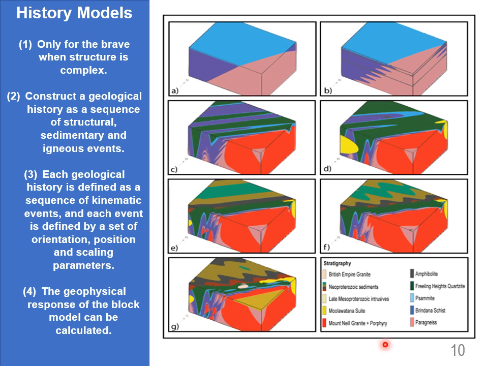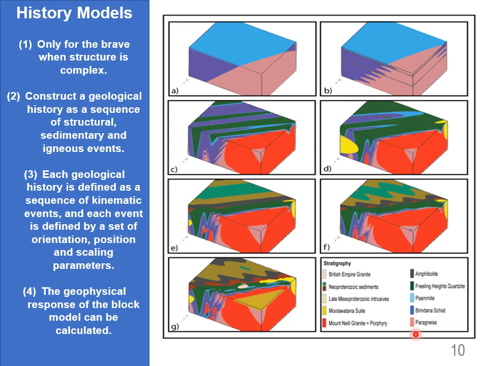Historical modelling is more complicated. I don't encourage it unless you have a good understanding. And the example that I've shown you here is from the same project as the previous slide, which is Robin Arment's PhD project. And he was tasked to build a complicated three-dimensional model based on his understanding of the geology. There's 7 steps here. In reality, there was probably 50 plus steps and subtle fidgeting of the three-dimensional model to get the history to get the geometries that were really the starting point of the